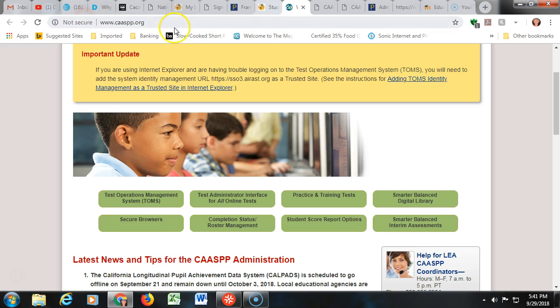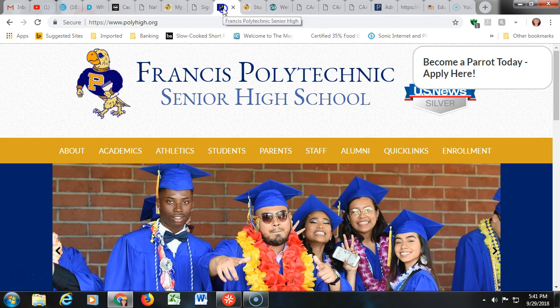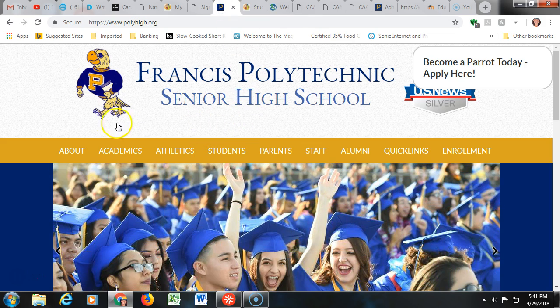If you'd like, you can use CAASPP.org, and you're going to click that Test Administrator Interface button. You can also go to your Smarter Balanced Interim Assessments tab and you will see the same button, Test Administrator Interface. Now if you're looking for a quick link, I do have some set up on our PolyHi website, so